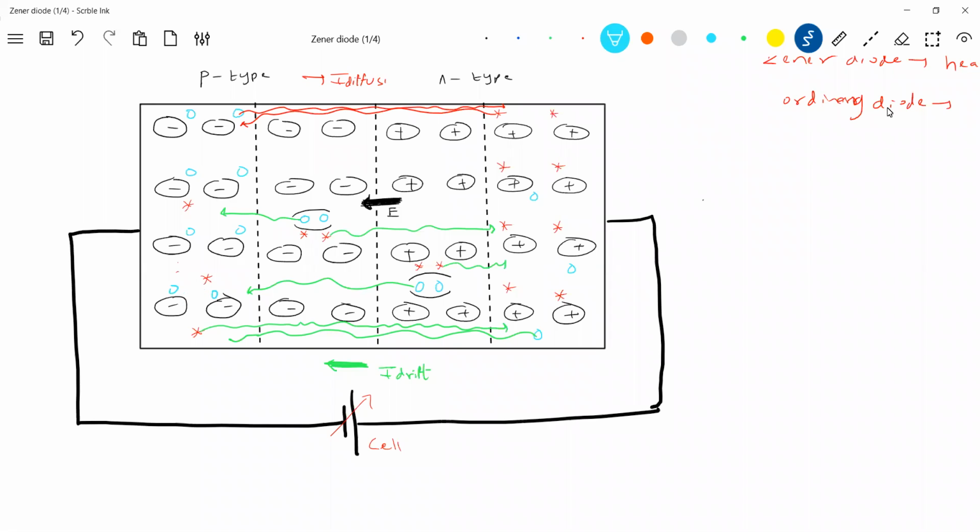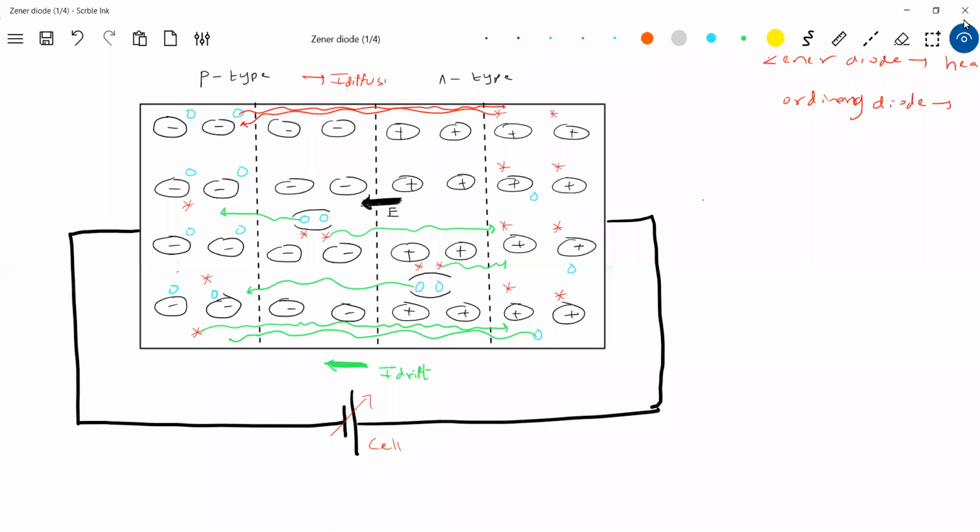Okay, now come to this. So like this, the movement of carriers will occur. At increased reverse bias, the width of the depletion layer increases. We have had the explanation, I'll not go into detail again. The width of the depletion layer increases. As the width of the depletion layer increases, the electric field E will increase.